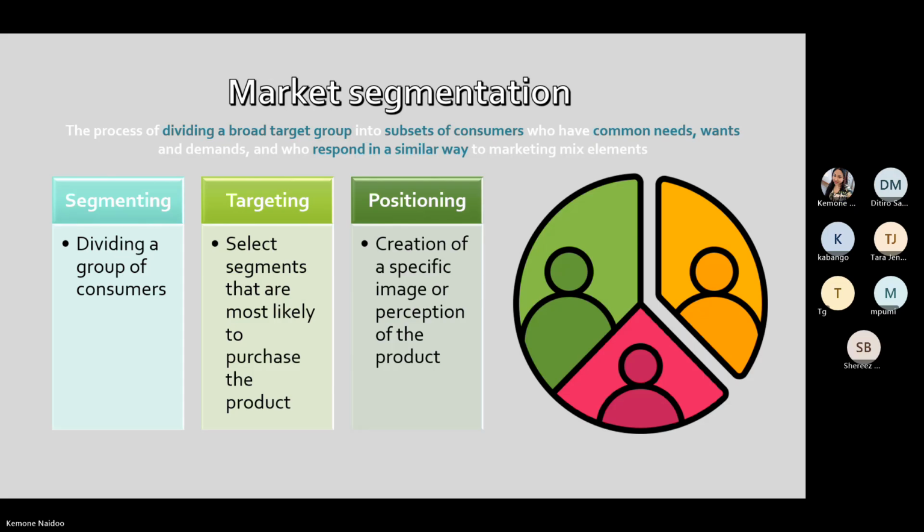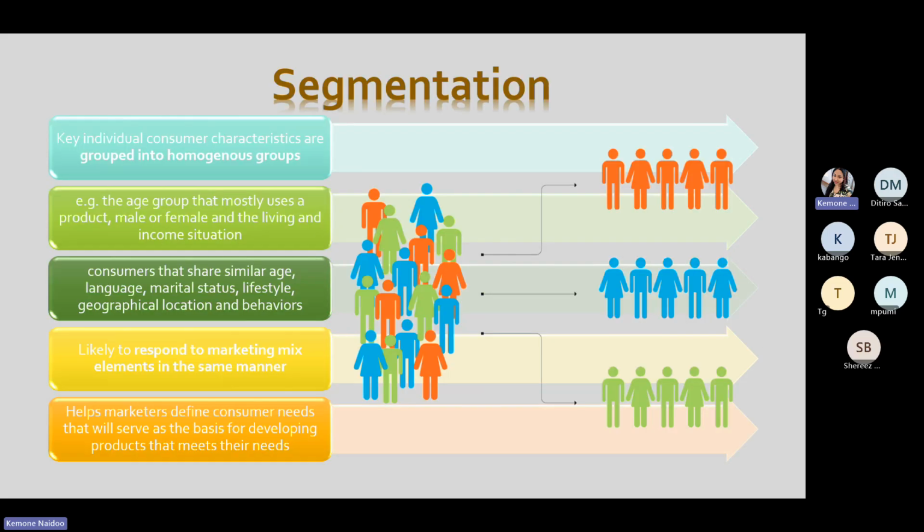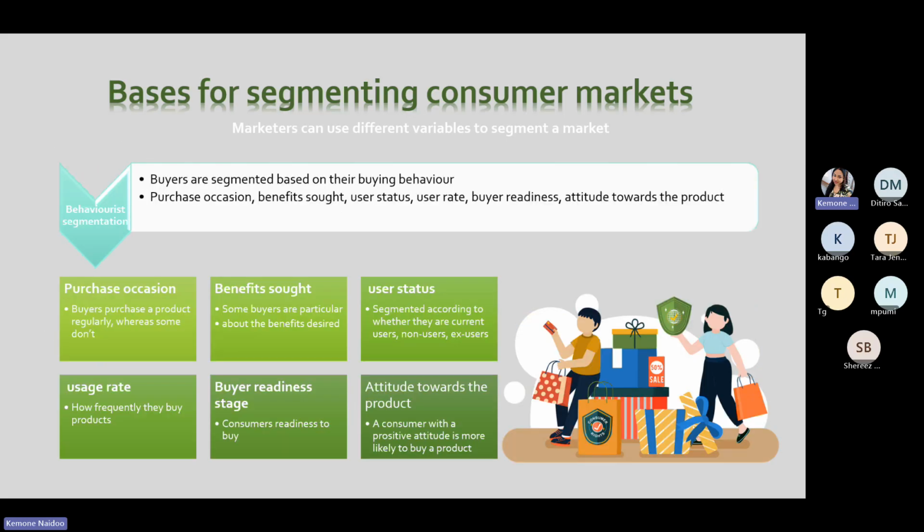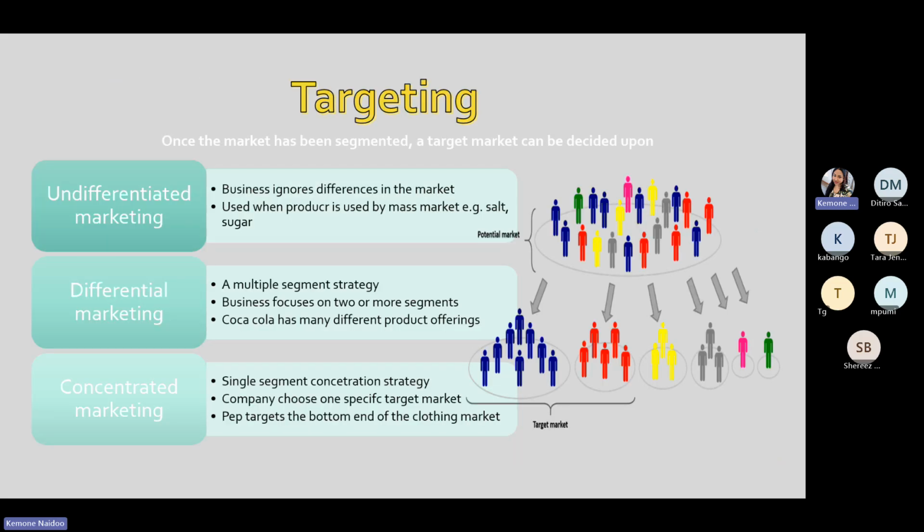and position. Okay, so when you are segmenting the market, you are basically dividing the market into groups of consumers. Now, these are the consumers that maybe are based on age, maybe are based on race, maybe they're based on occupation. So there's specific characteristics that are involved in the step. Okay, so it can be based on any one of these factors. Once we have segmented our target or our specific consumer market, we can begin to target them. So we can begin to identify what are those characteristics that we've segmented and how can we most effectively target